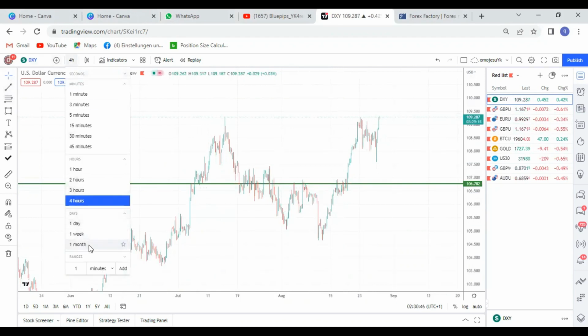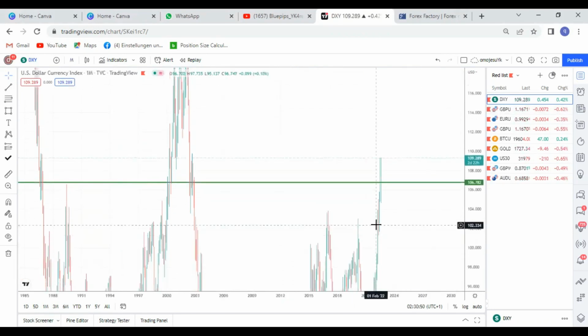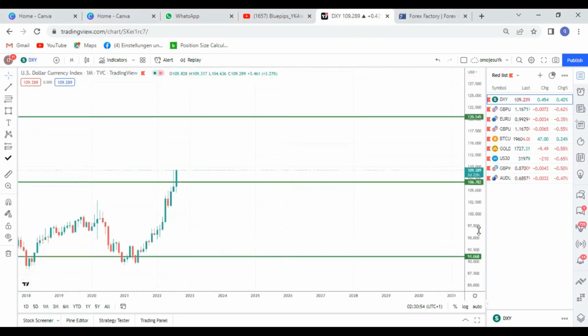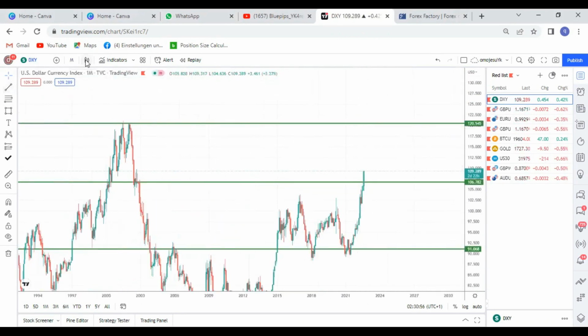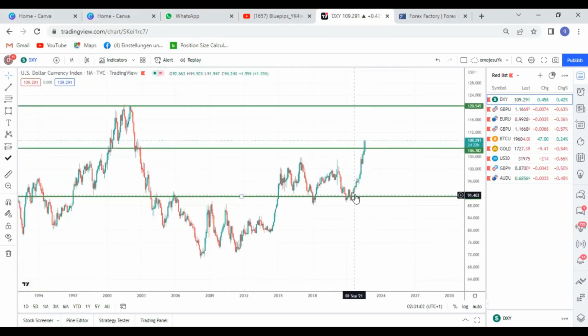strength of the dollar. Firstly, we go to our monthly to check the trend of the market. As we can see from the monthly, USD is very strong. It has been strong for a while now, and we are on an uptrend. And if you observe very well from the monthly, from here,